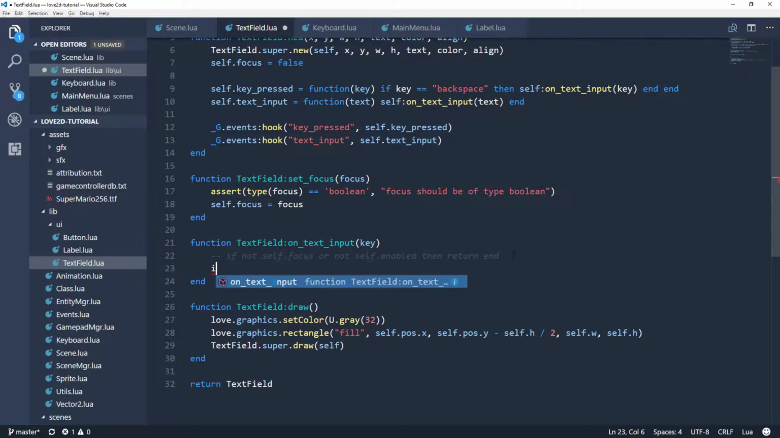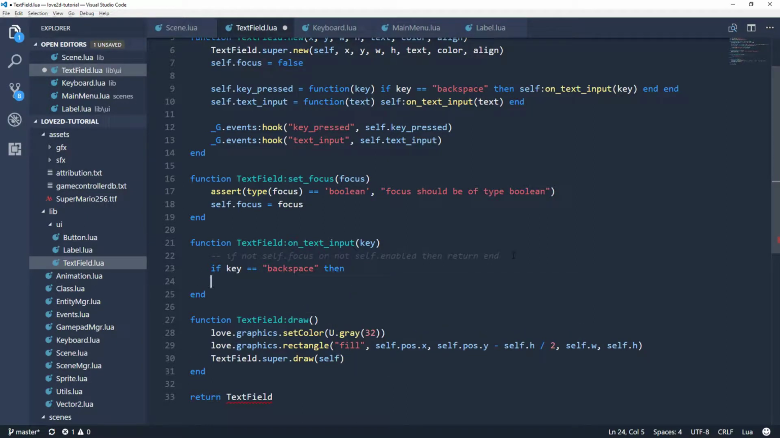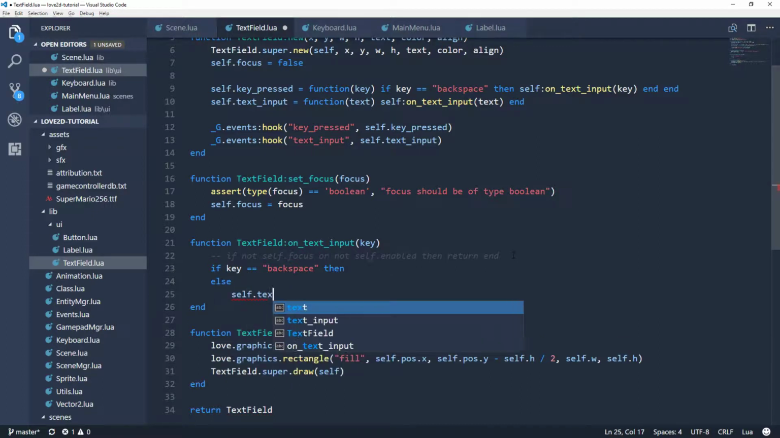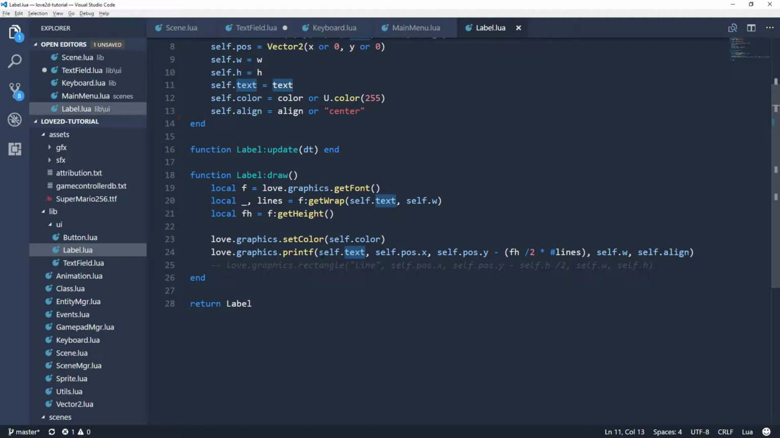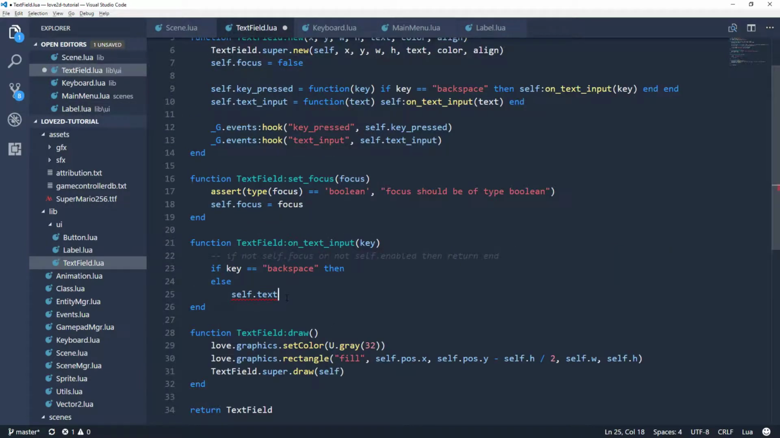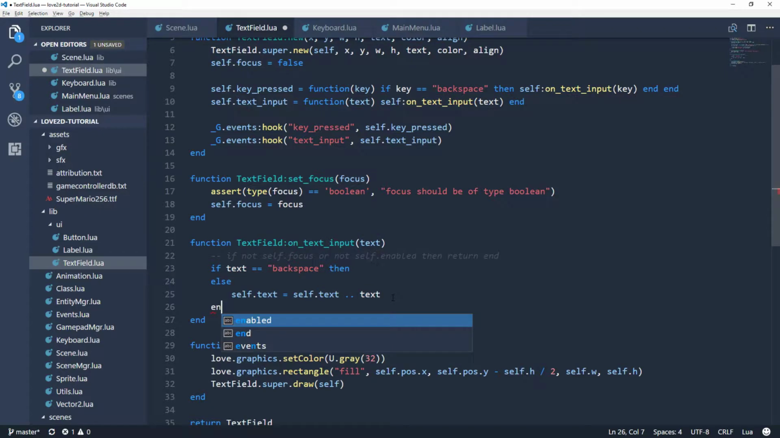So we want to know if key equals backspace. Then we want to do something, right? Otherwise, else, we want to take the text, because remember our label has this text parameter, which is what we're printing. We want to take that, and we want to say that equals self.text, and then we want to append this, let's say text here. Text, better. So we'll just append it, and that's an end. Okay, so now